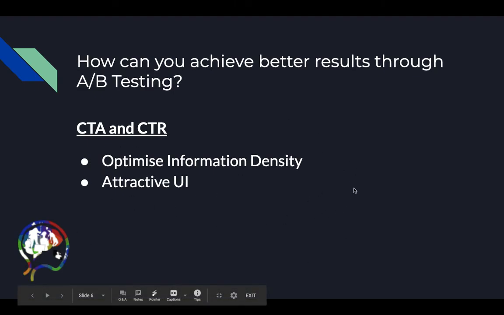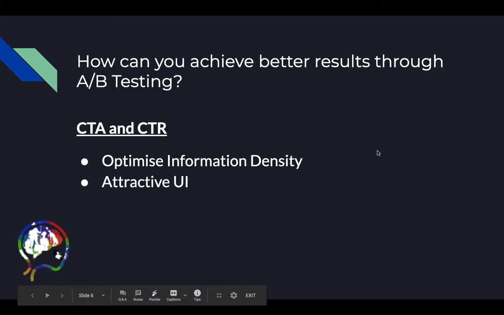If we take one storybook as one bit of information, you can see here there is only one bit on the one screen. What you could do is have four bits on one screen. If you optimize the information density, you could show one storybook here, one here, one here, and one here.